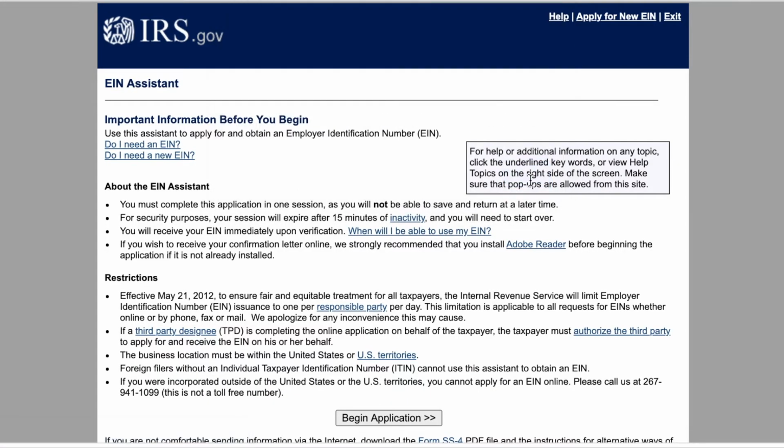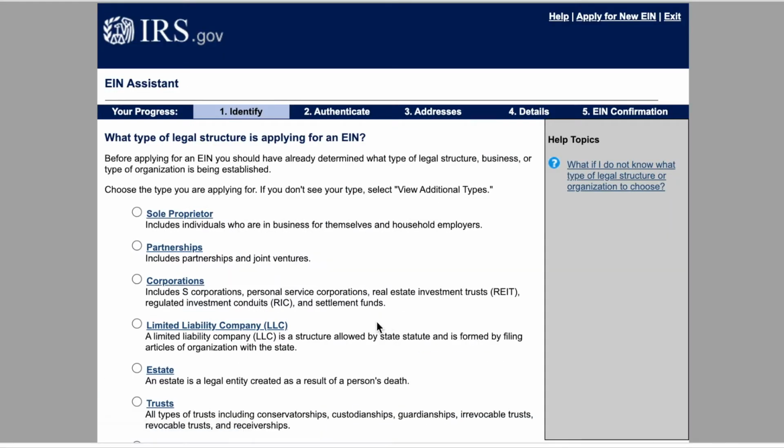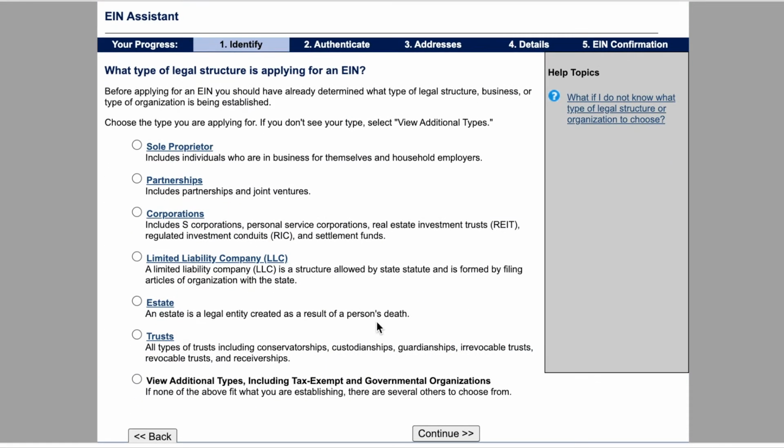Got it, for authorized use. Begin application. And this is why it's important to make sure you decide what type of business you're going to have before you apply for your EIN. And your EIN is actually going to allow you to file taxes and open a bank account. So there's a lot that you can't do unless you have one, but you're going to want to know